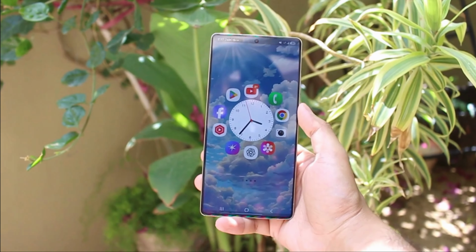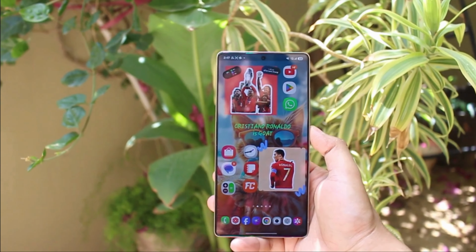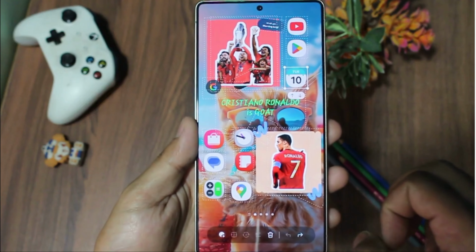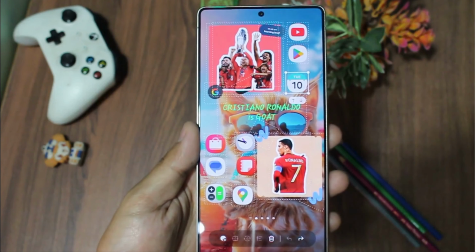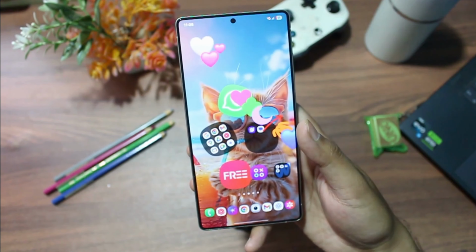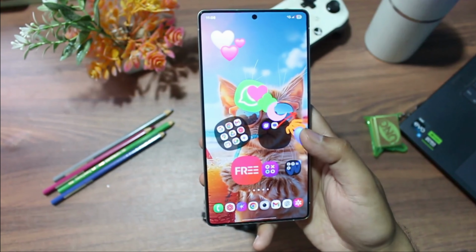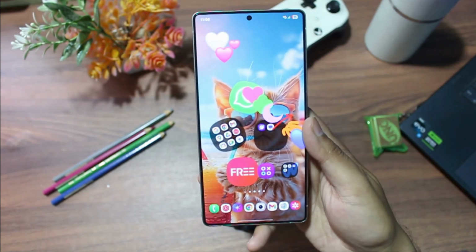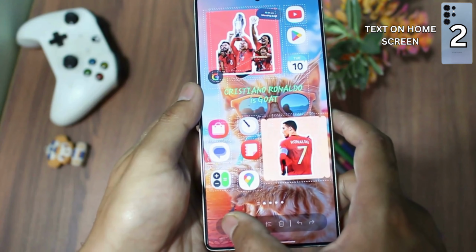So here are just a few designs I created to get you guys inspired. You could create a design like this that works really well with your wallpaper, or maybe a design that's super easy to access. You can go absolutely crazy with this. Just don't go too crazy because it's quite easy to mess it all up. But if you do mess everything up, don't worry, because in the end, I'll show you exactly how to reset everything back to normal.